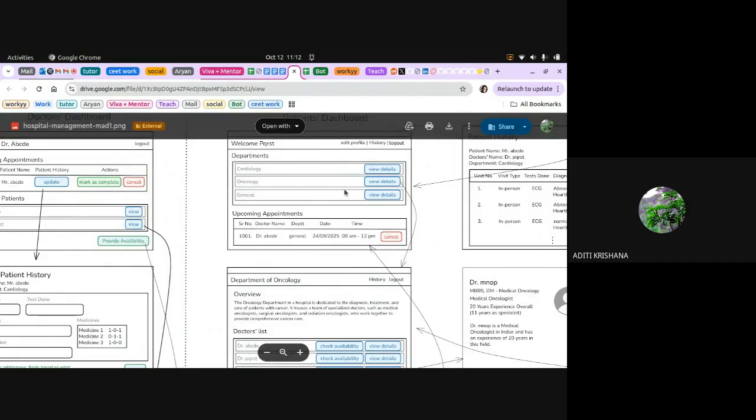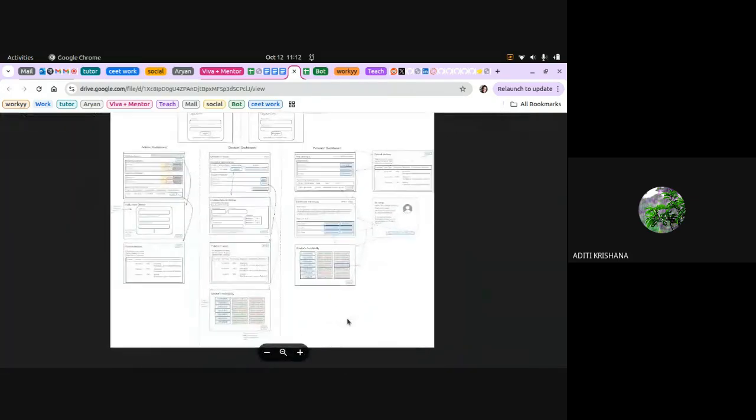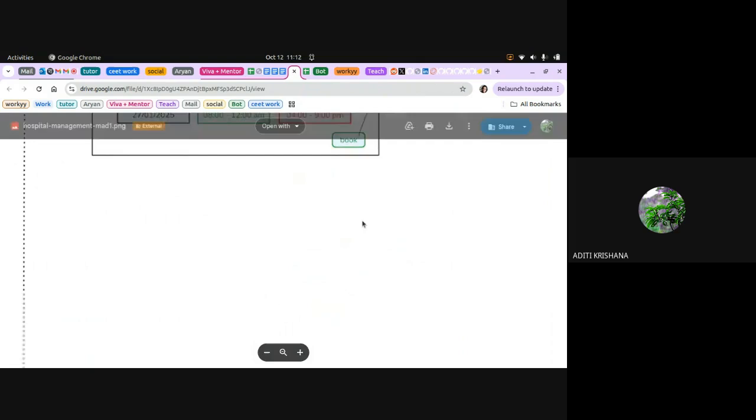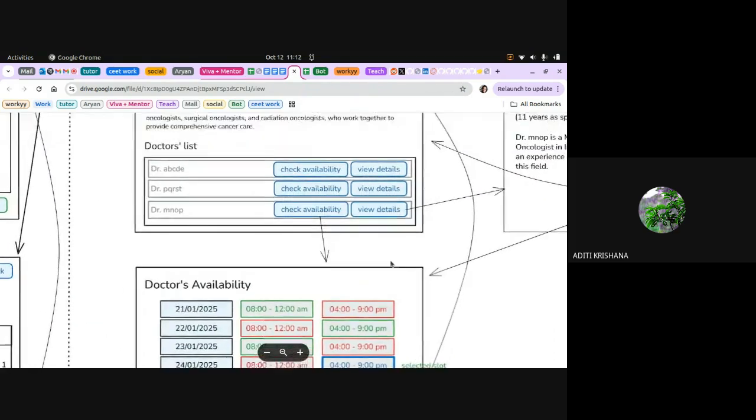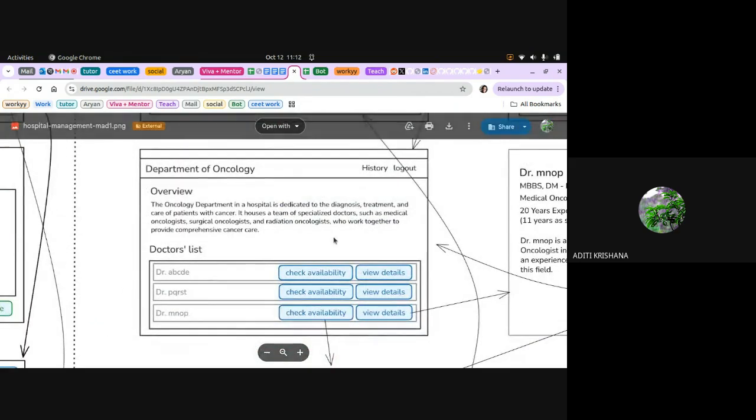So first, try to complete till this point: when you click on the departments button, you are able to see the list of all the doctors with these two buttons.